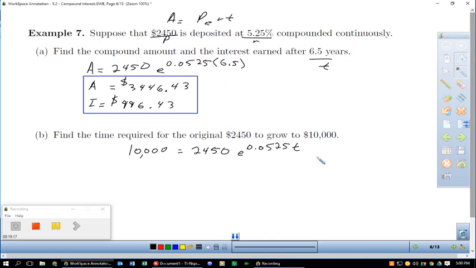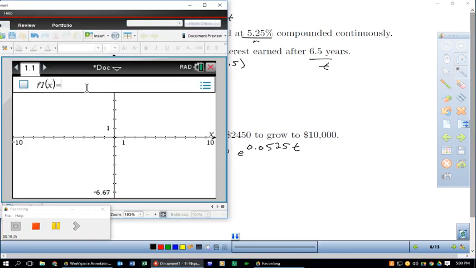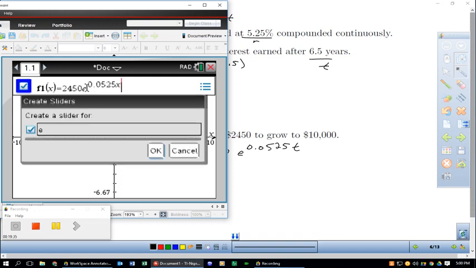Okay, now we haven't done natural logarithms yet, but if you do know natural logarithms, you can actually solve this using a logarithmic equation. But what we could do instead is use technology for this. I'm going to find when these two intersect. So I'm going to have two equations. The first one is 2450 times e to the 0.0525 x. Okay, and my second equation,